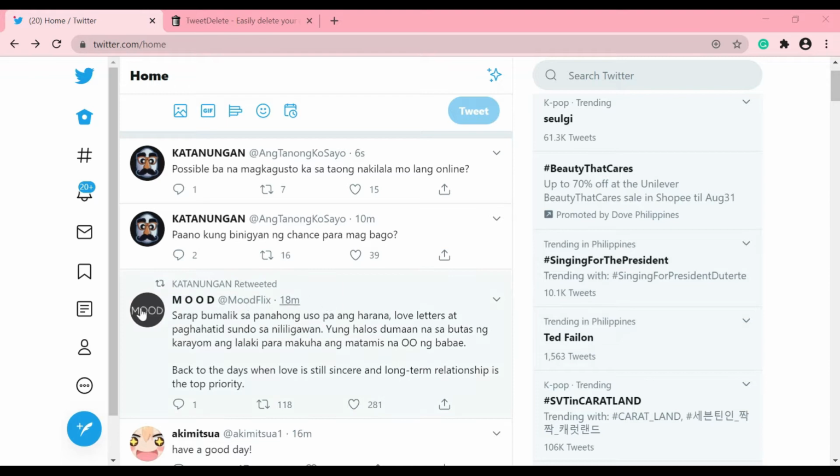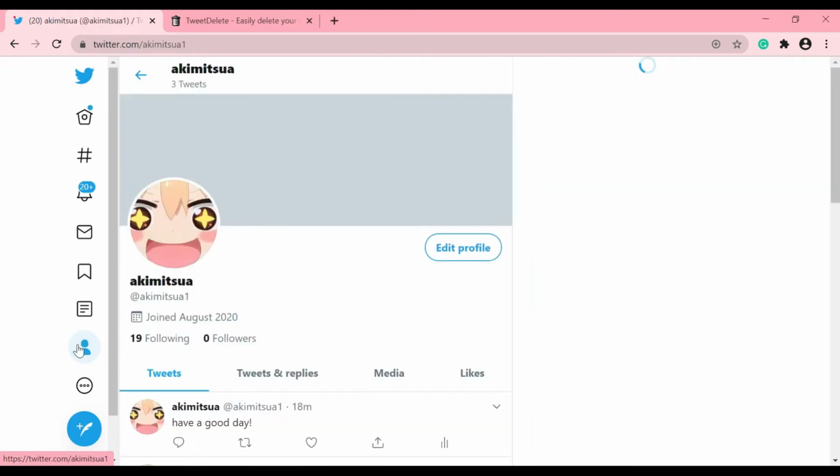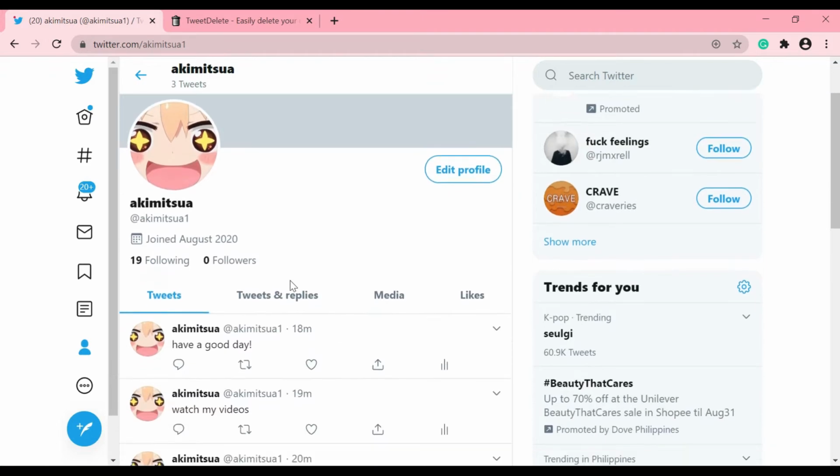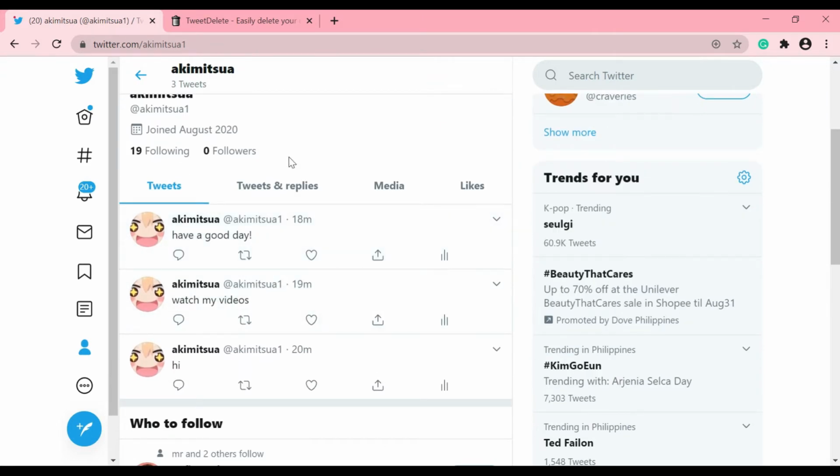First, open your Twitter account. Then right here, click your profile. And these are my tweets. To delete all my tweets, open a new tab